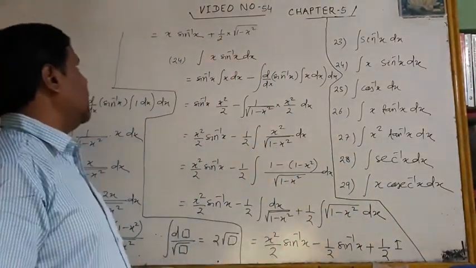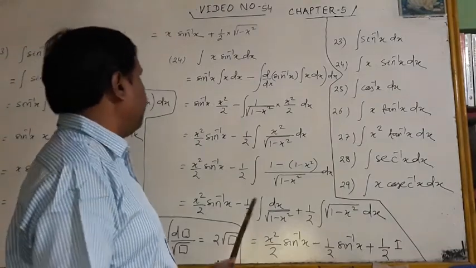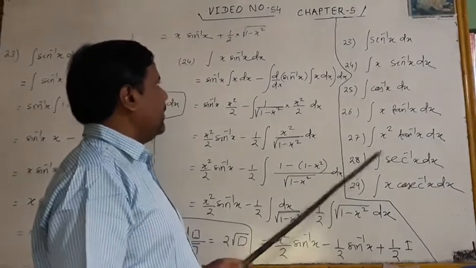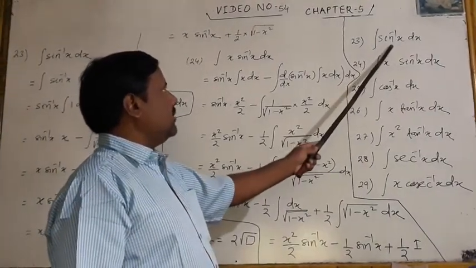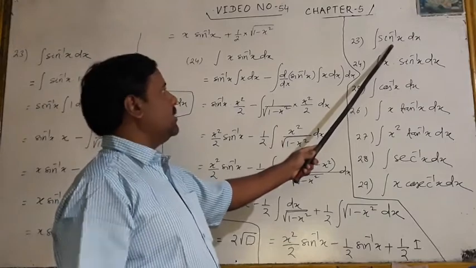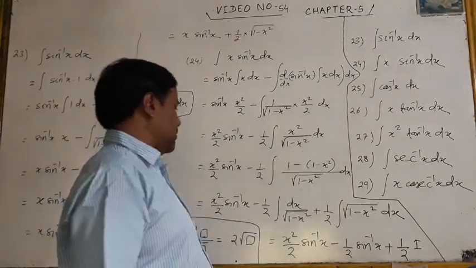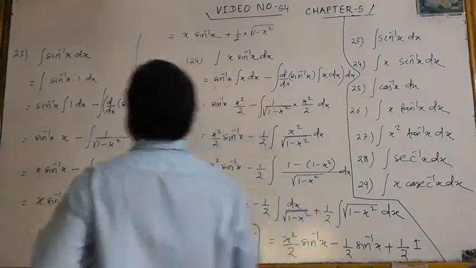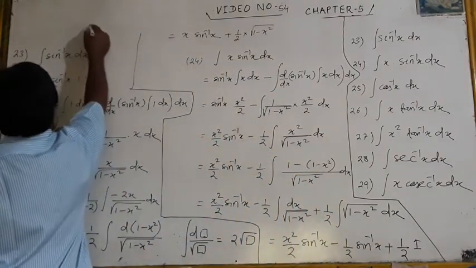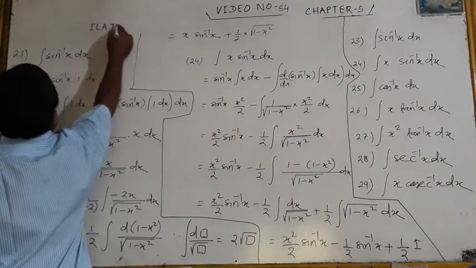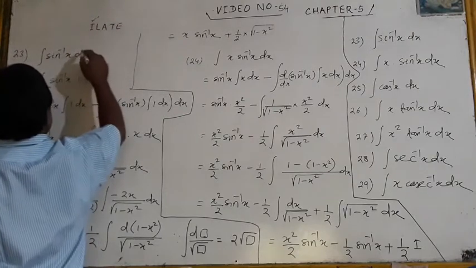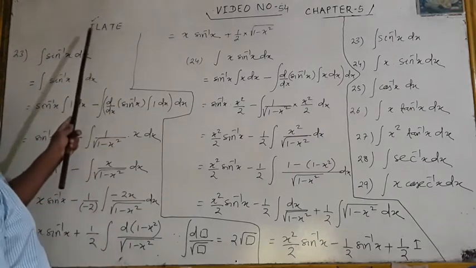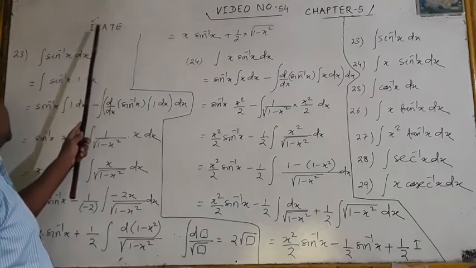And today we'll discuss video number 54, where I have given problems 23 to 29, where there is one inverse trigonometry function only, or algebra with the inverse trigonometry function. I have told you to choose first function, second function. The formula is I let. It is inverse trigonometry function. Now I am taking the problems here. Generally it is algebra, then inverse trigonometry and algebra.